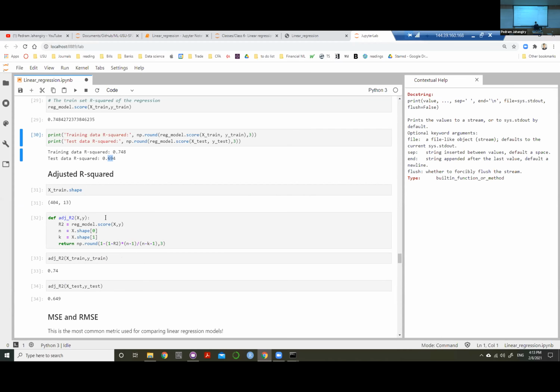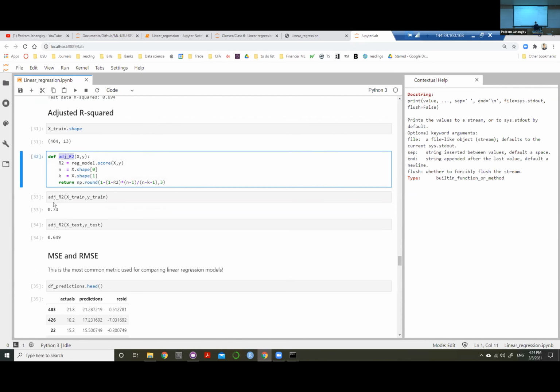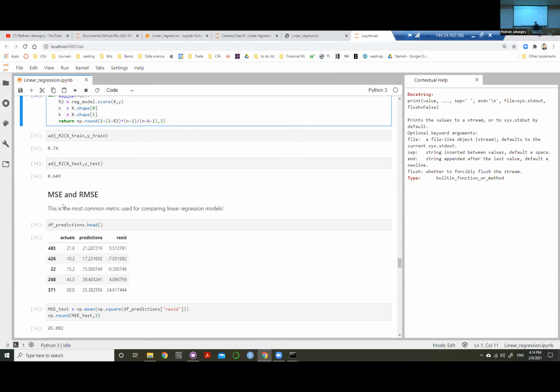If you want to do adjusted R-square, again, it's not even defined in the scikit-learn package. You have to do it manually. Why? Because literally we don't need it. In machine learning, we are going to look at these evaluation metrics in the test set. So that's why something like adjusted R-square is not defined in the scikit-learn package. Do you understand what's going on? Okay. So for your own reference, I define a function myself. I call it adjusted R-square, and you can calculate the adjusted R-square in the test set as well, right? In the train set, 74%, in the test set, 65%. Then MSE, RMSE,